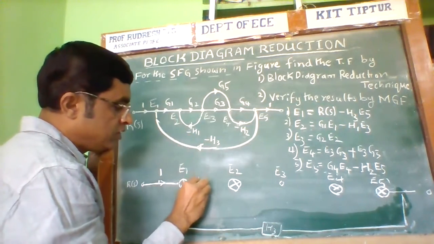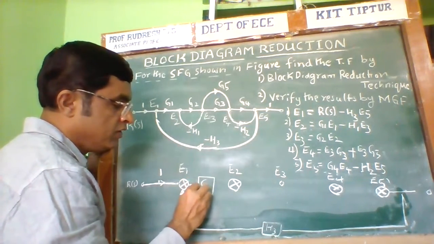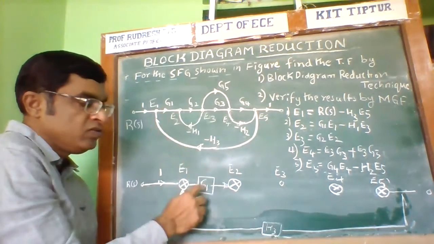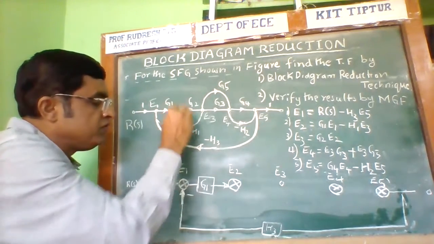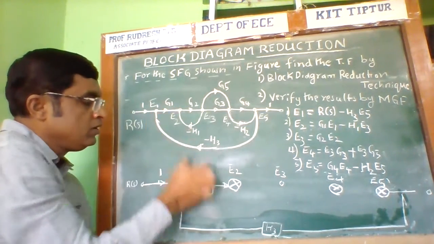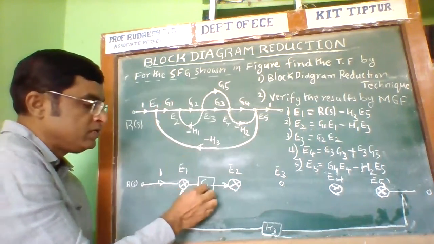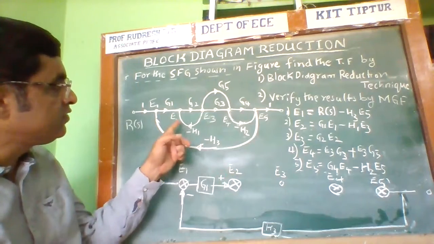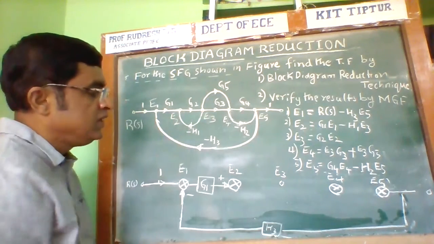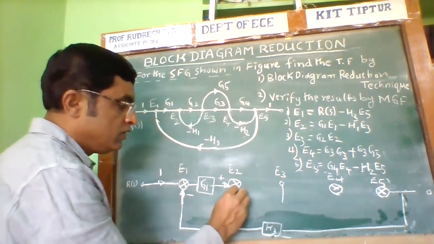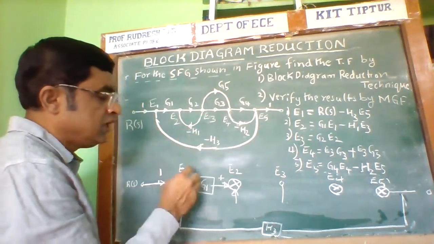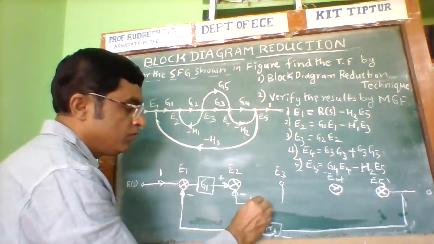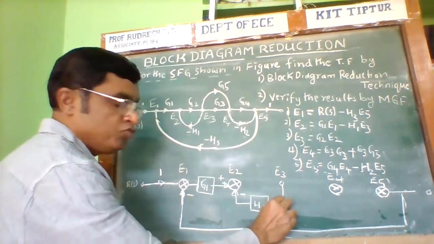Blocks are useful for indicating the mathematical operation. Usually transfer functions must be placed inside the block. Therefore, G1 must be placed inside the block. Next, the plus symbol is here. Now, similarly, what is the other signal? E2 minus H1 from the E3 node. Here there is the E3 node. Therefore, here minus H1. This minus sign must be placed here, and construct the block and place the H1 inside the block.